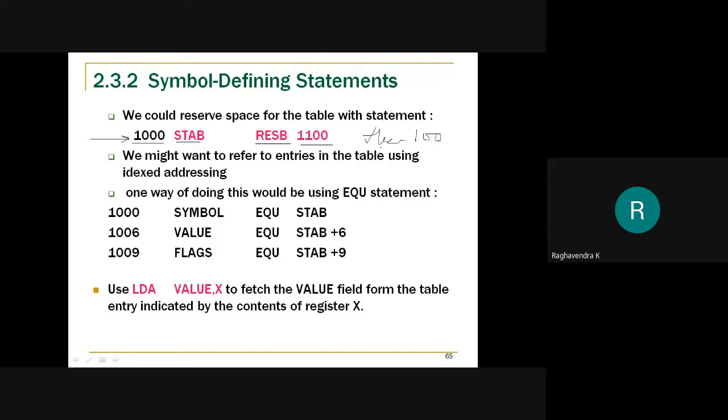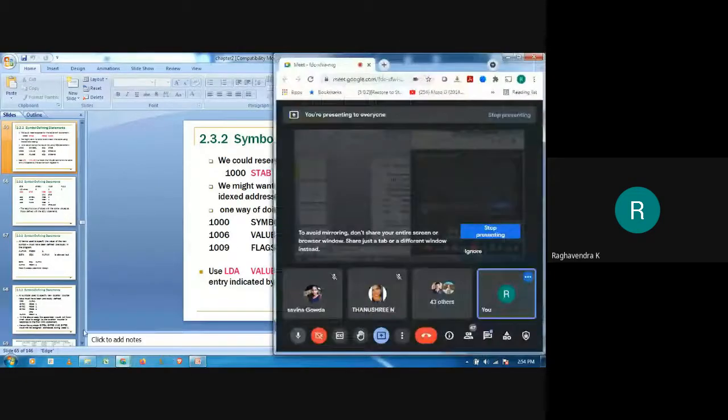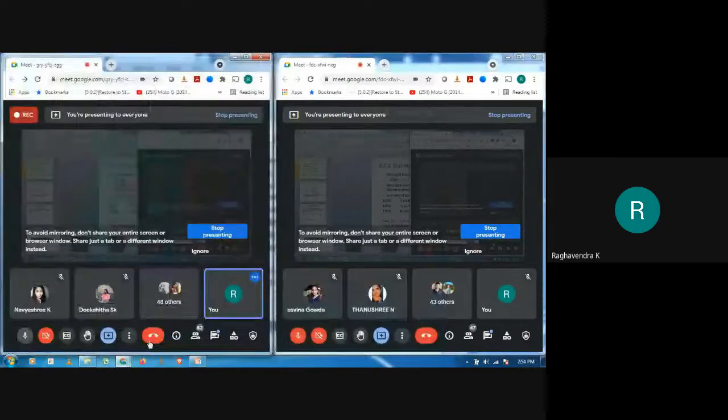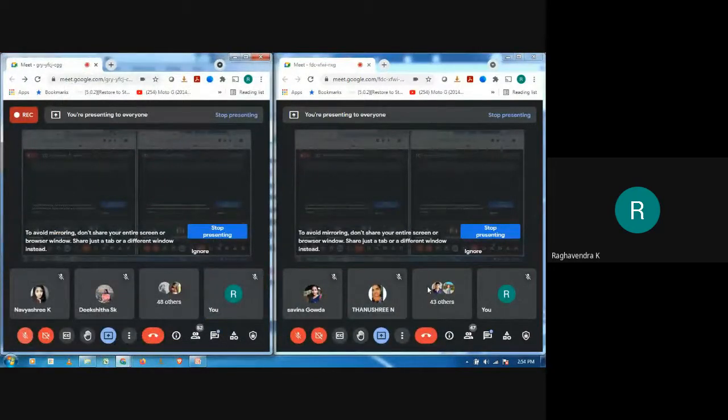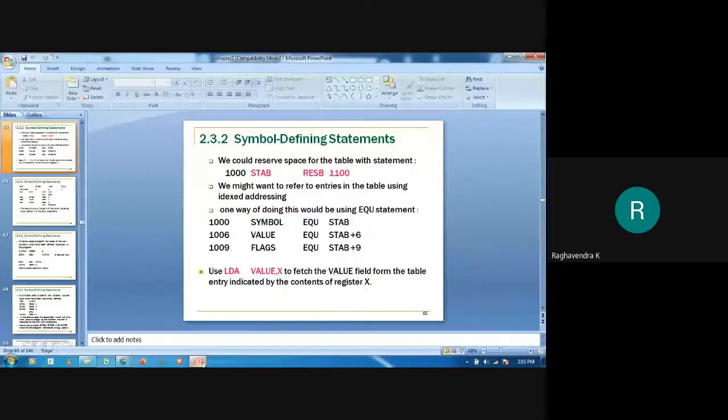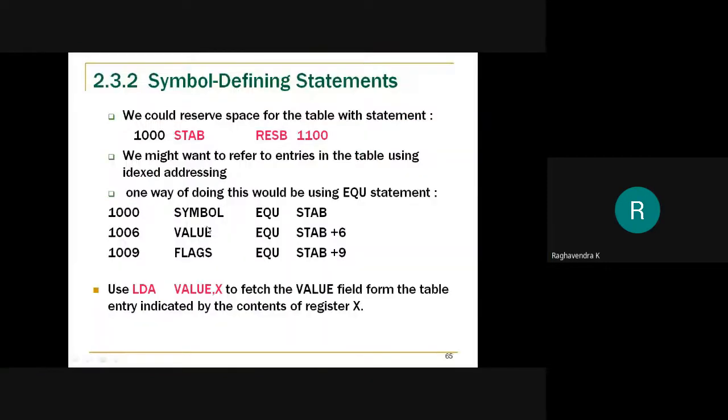Okay, so we have reserved around 1100 bytes.